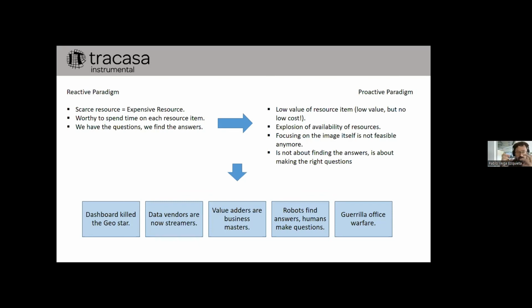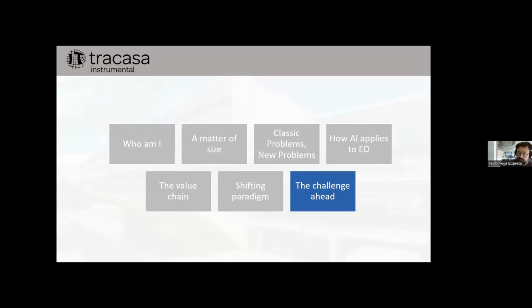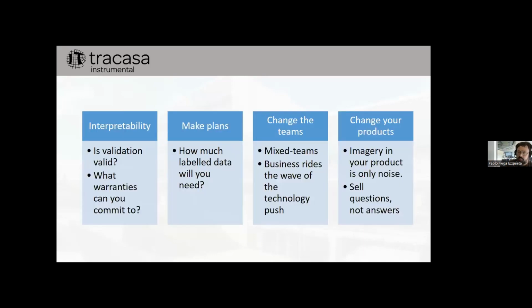If you can manage to have them in your team, you have a chance of actually providing some interesting value that you can turn into profit eventually. But the biggest challenges that we have in pursuing artificial intelligence, which is not an option anymore in the world of Earth observation, are